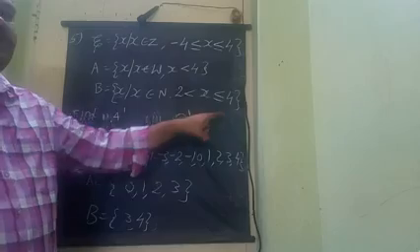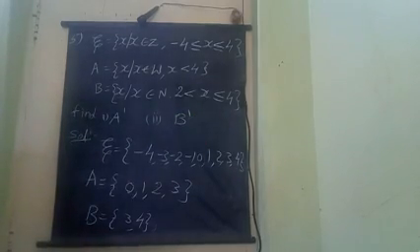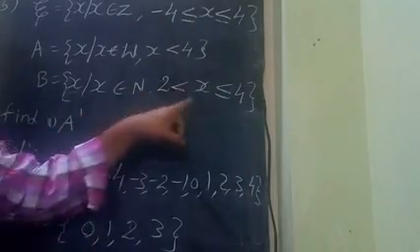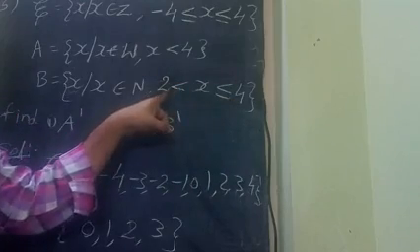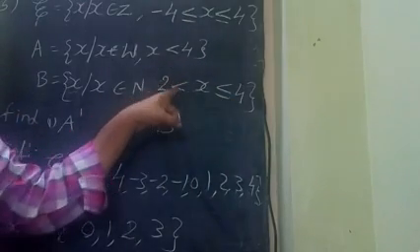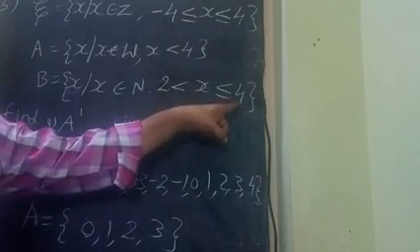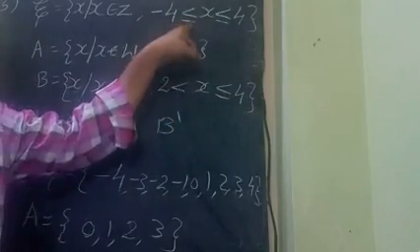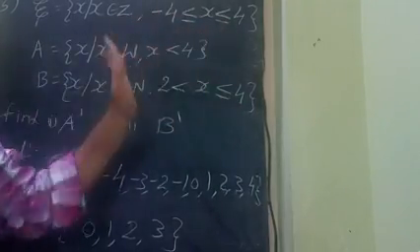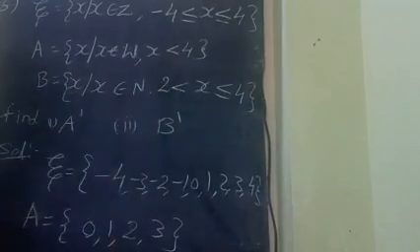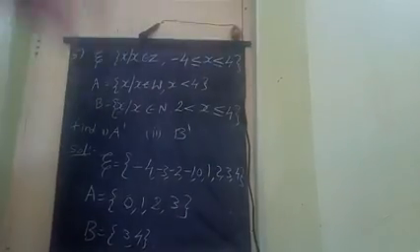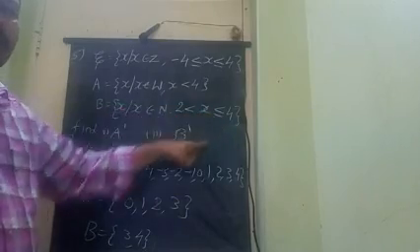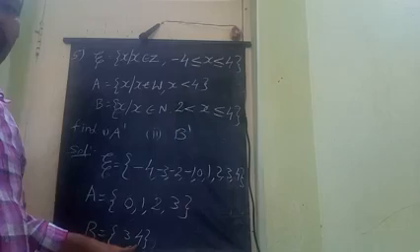What is the difference between these two? Here I took this 4, I am not taking this 2. Why? Because the 2 does not have an underline and here 4 has an underline. That means take that 4, don't take that 2. If an underline is there, take that number. If an underline is not there, don't take that number. Here the underline is not there. That's why in this set, below 4 means 3. In this one, 4, that 4 also we collected here.